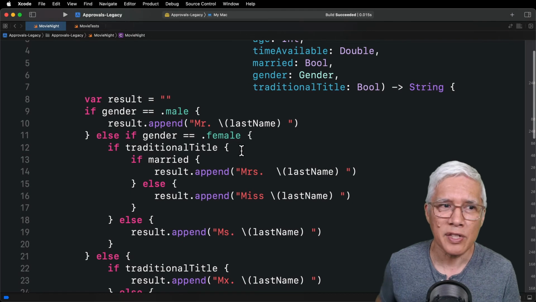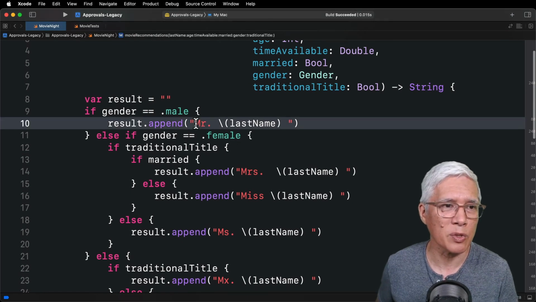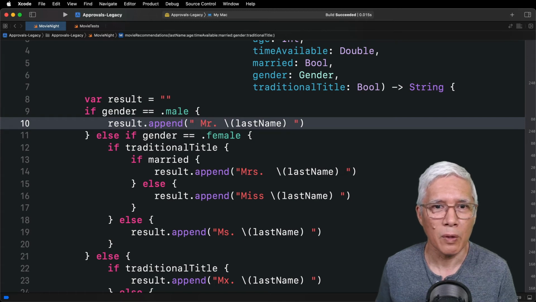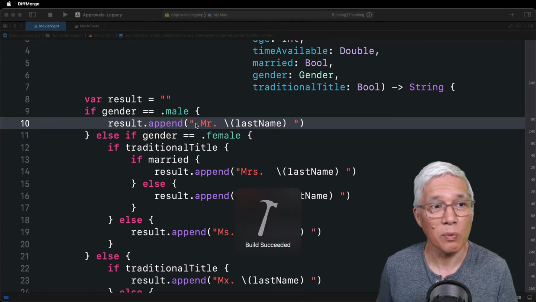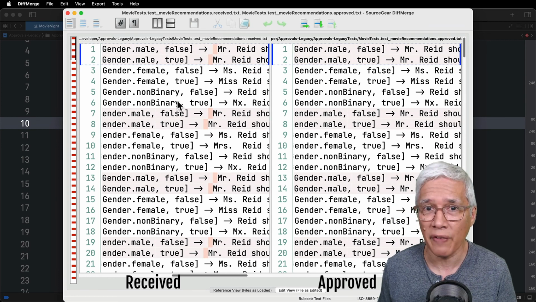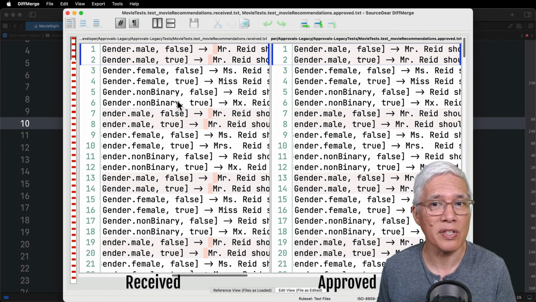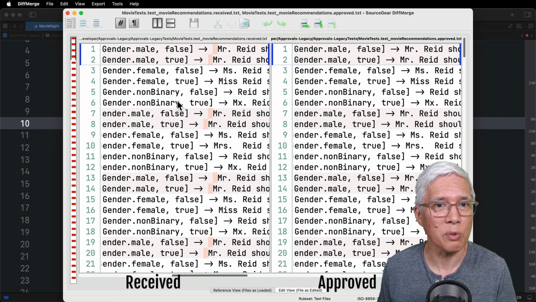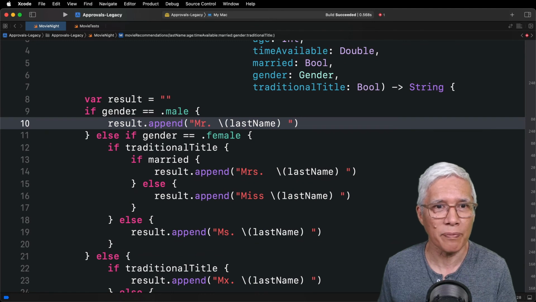Now let's make a simple mistake by adding an extra space. When we run tests, we're going to get a failure, preventing us from unintentionally changing the behavior. And you saw how fast that was. This gives us a safety net we can use to refactor the code into something that's easier to understand and maintain. Remember, refactoring means changing the design of the code without changing its behavior.